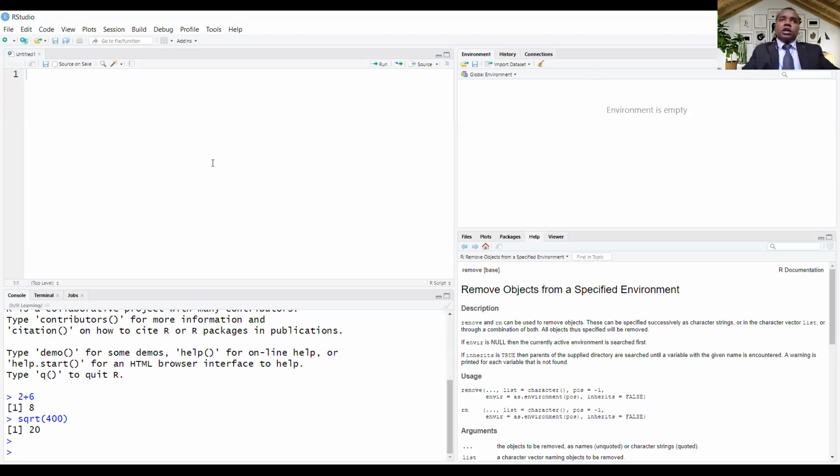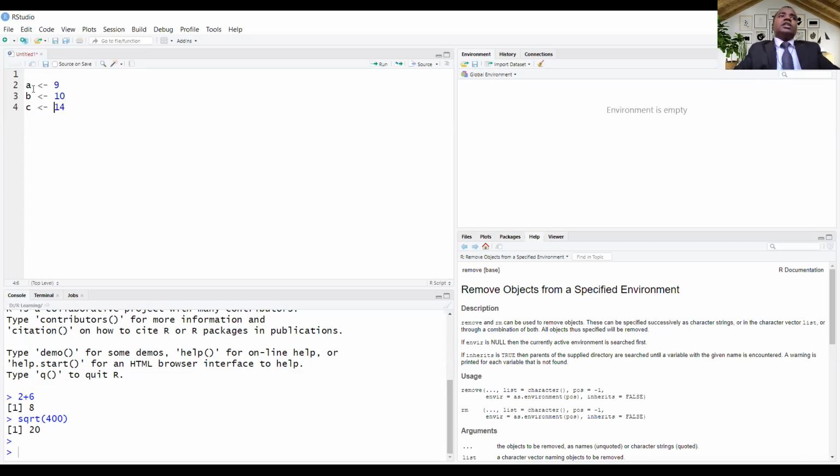So let's say we have three sides. Let's call them A, B, and C. A will be assigned the value 9, B will be assigned the value 10, and C will be assigned the value, let's say, 14.